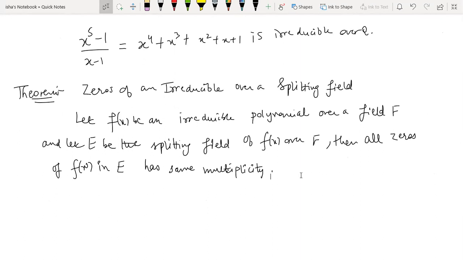So this last result is telling you that in the splitting field, all zeros will be there. They are going to have the same multiplicity. So from yesterday, we already know that in the splitting field, all the zeros will be there because the polynomial is going to split there, right? So split into linear factors. So linear factors मिलने का मतलब है वो वहाँ पे उसके roots हो जाएंगे splitting field में. Now we are saying कि उनकी सबकी multiplicity जो होगी, same होगी.